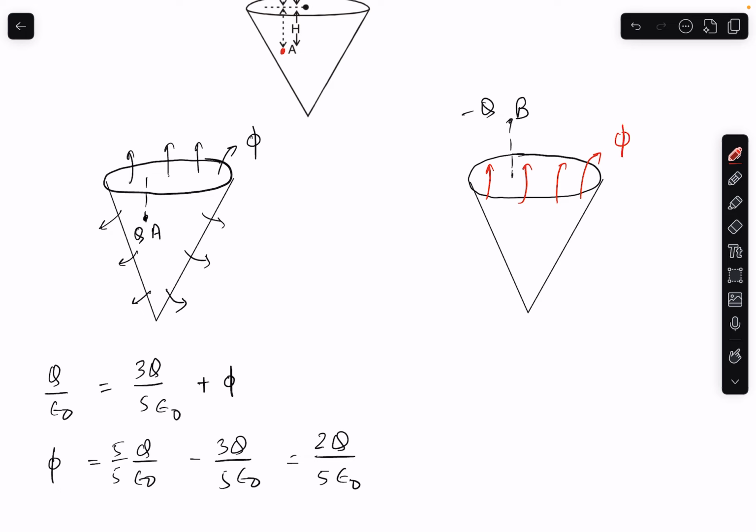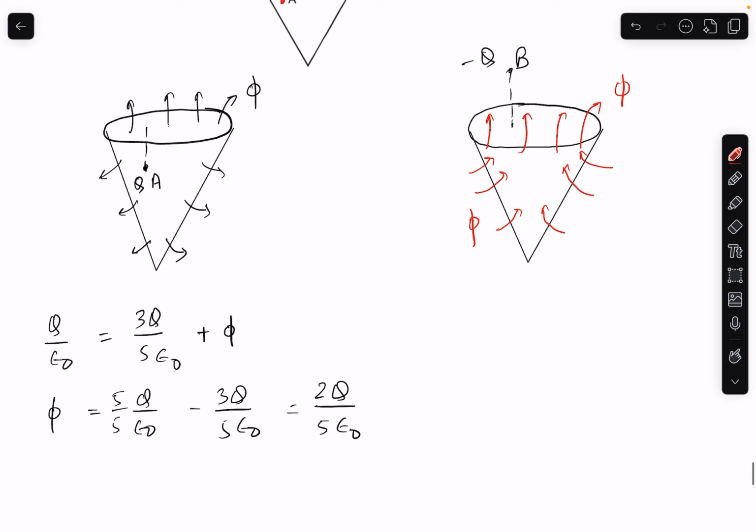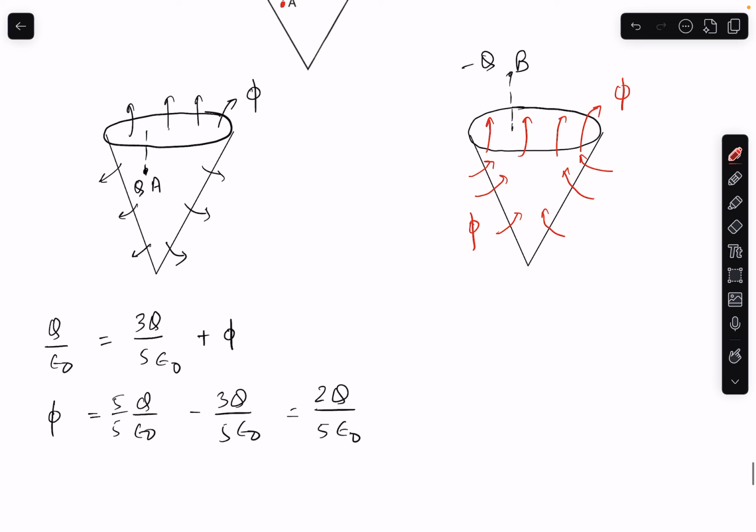Also, if we apply a simple logic, since beneath the circular surface we have a closed surface, from the continuity of flux we can say that the same flux phi is also passing through the inclined surface. That means, after superposition, if both the charges are present,